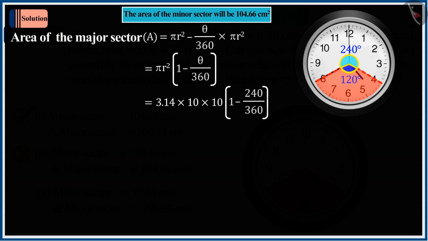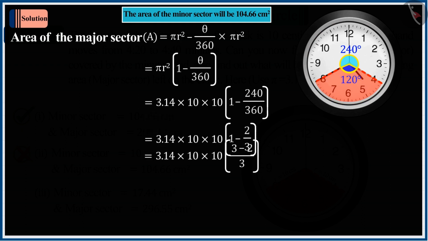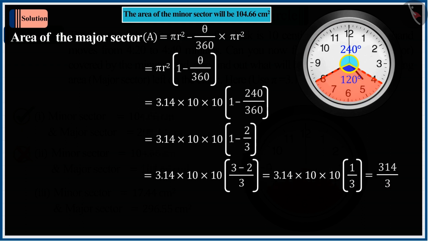And you forgot that you have to subtract the area of the minor sector from the total area, for which you have to take the value of theta as 120 degrees only. But you did not do that, due to which the value of A derived by you is 104.66 square centimeters,